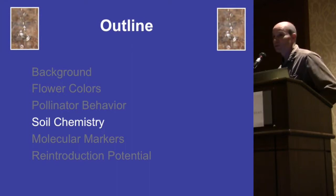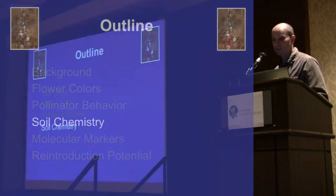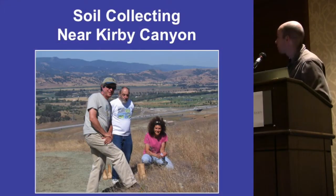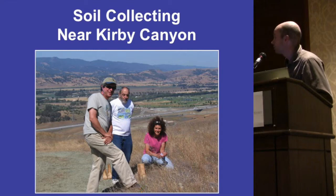So the pollinators don't seem to be discriminating between these two. Well, maybe they have slightly different soil chemistries. We did a series of soil collecting. There's Stu from Creekside Science and Don Mao from the Native Plant Society, who generously showed Sharon Strauss and I around, in this case, the Kirby area and the rest of Coyote Ridge to collect soils of the endangered taxa